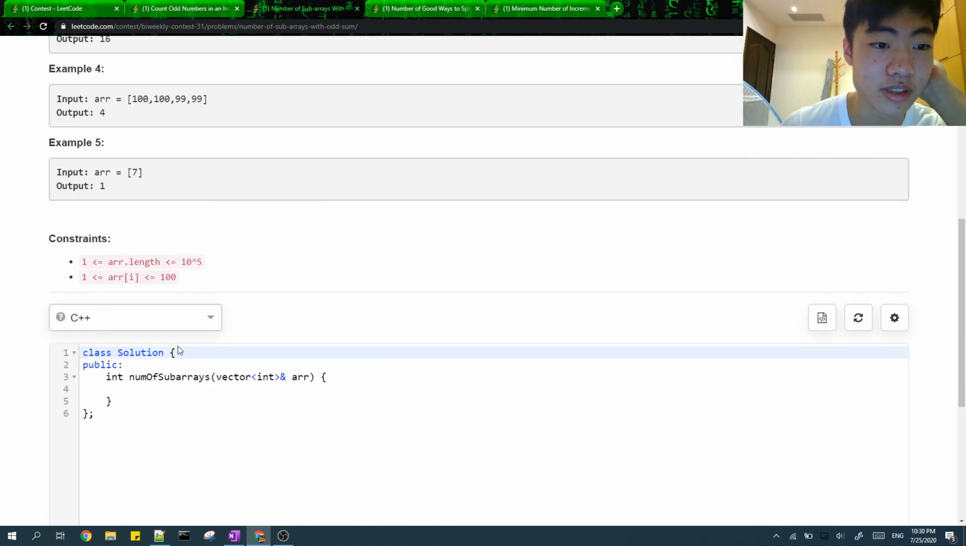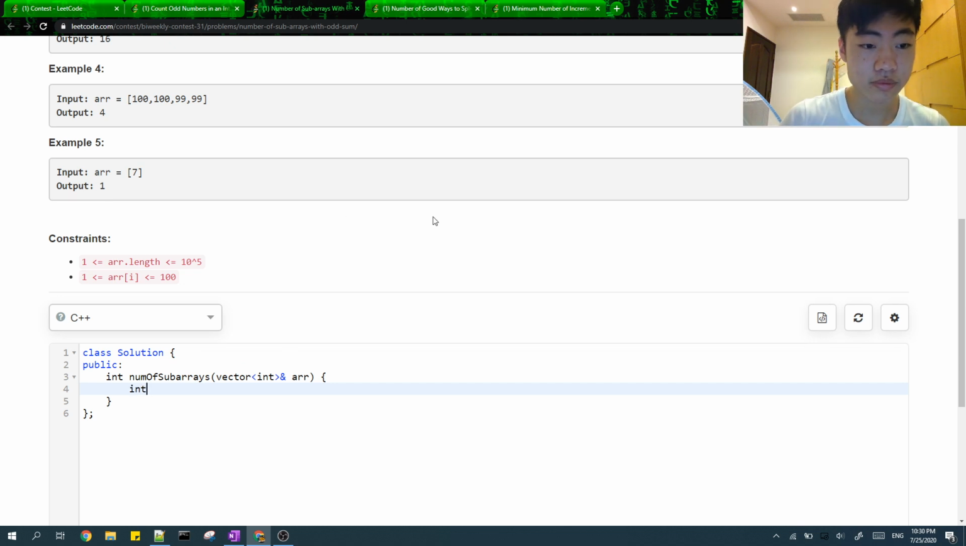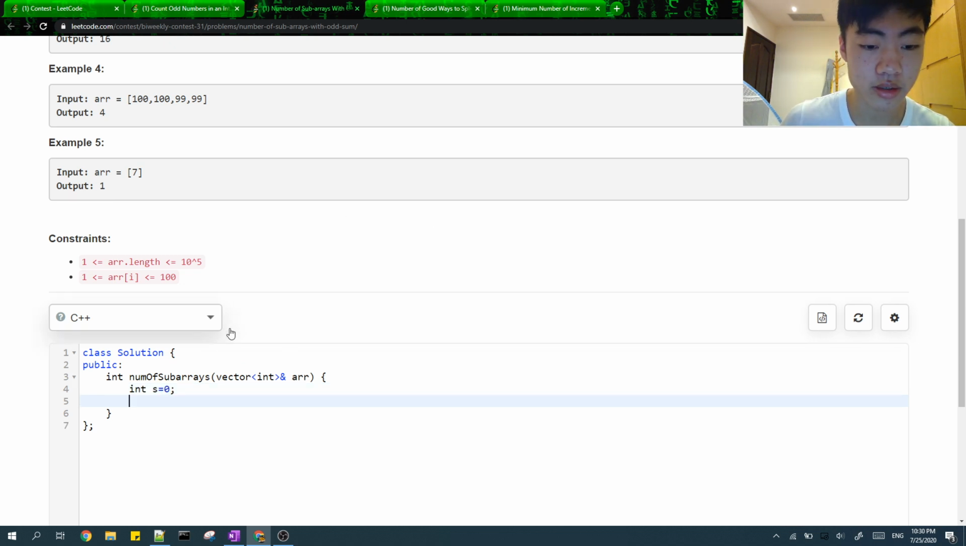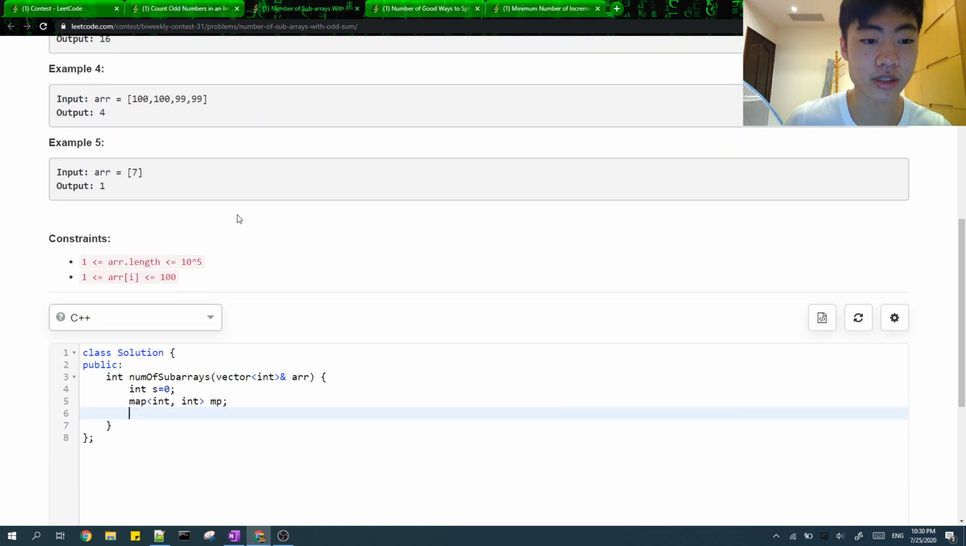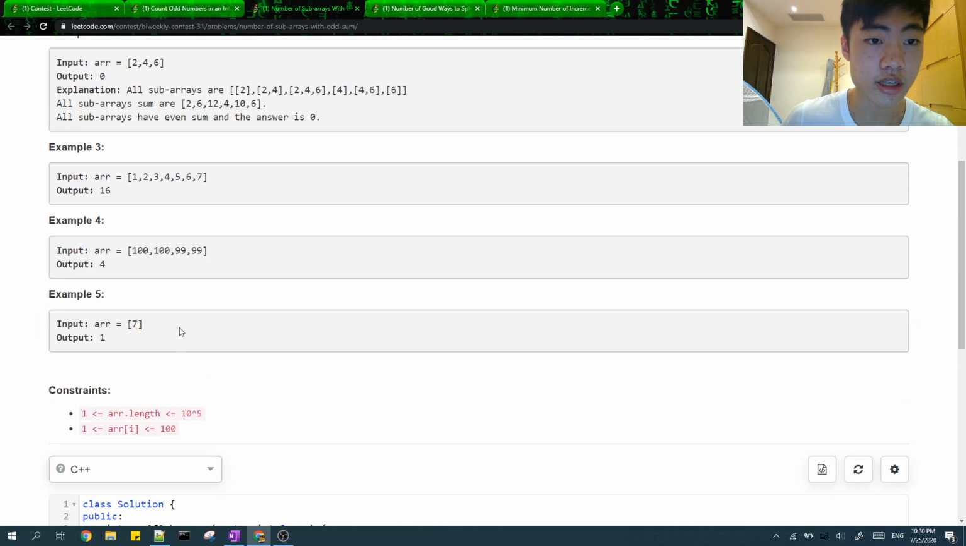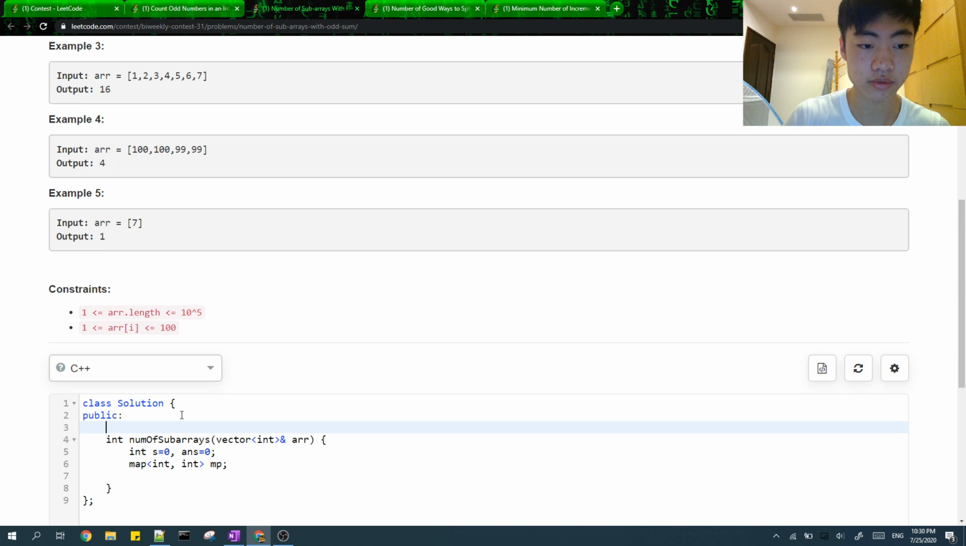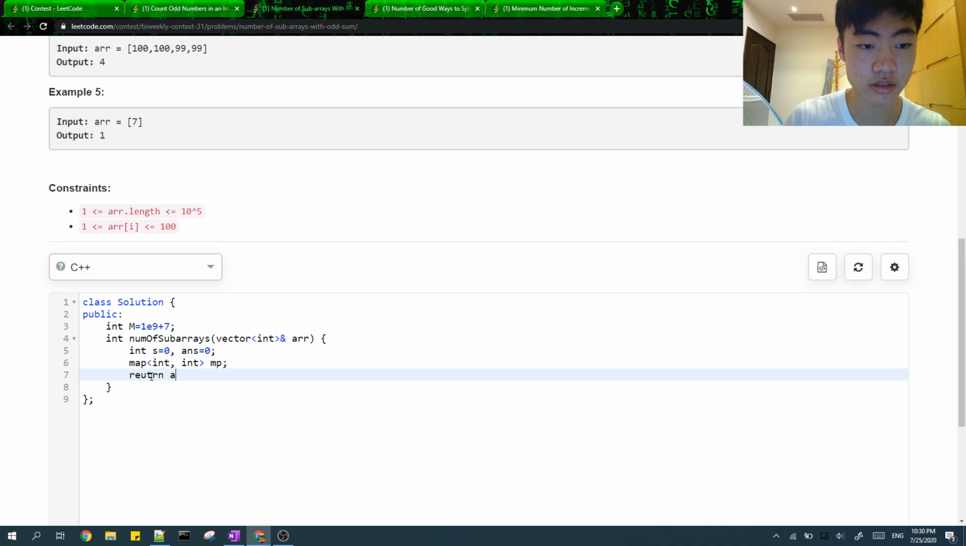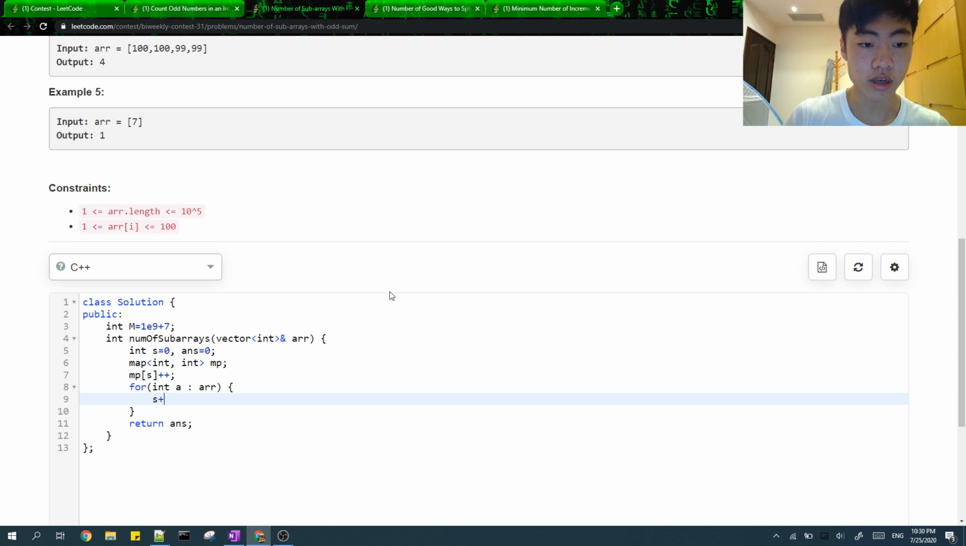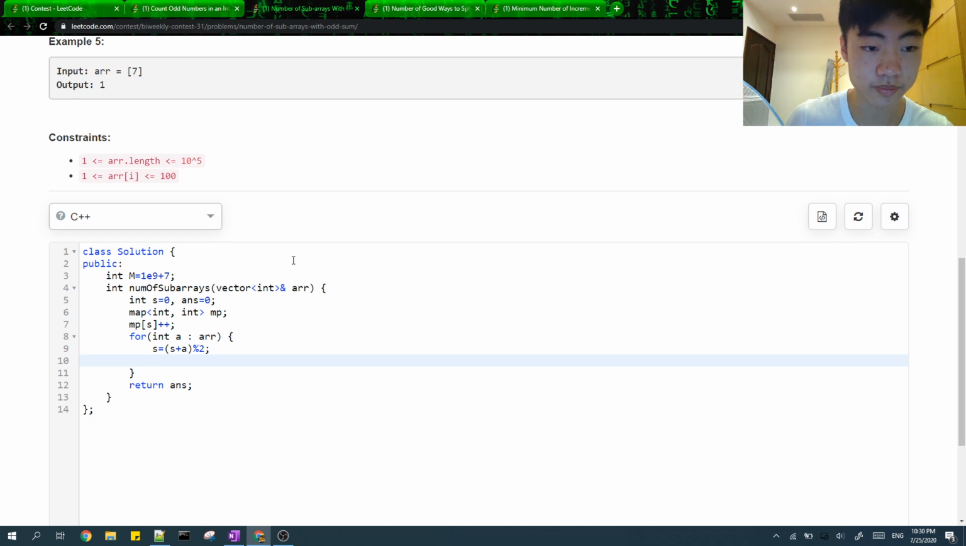With odd sum, this is just you taking the counts modulo 2 or something. Answer equal to 0, and then that's the modulo. Update sum with the element. Take the mod 2 and then